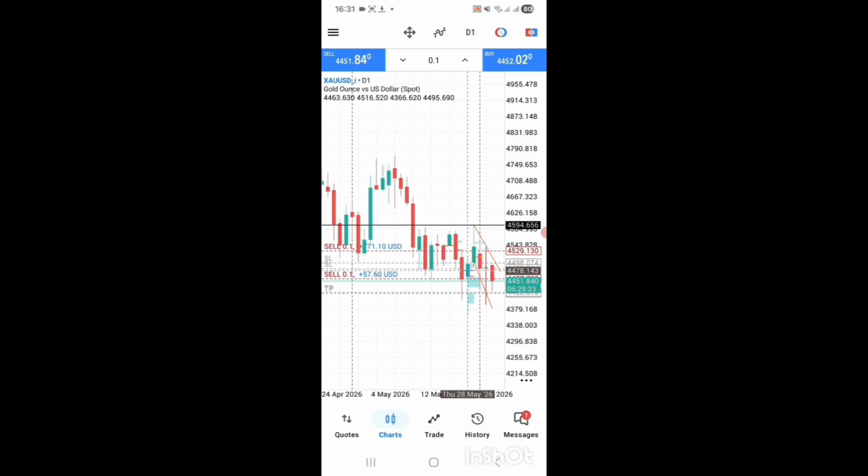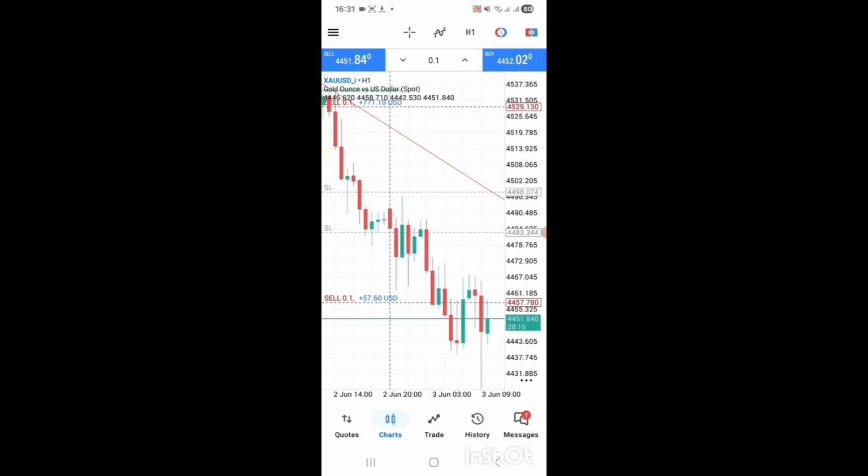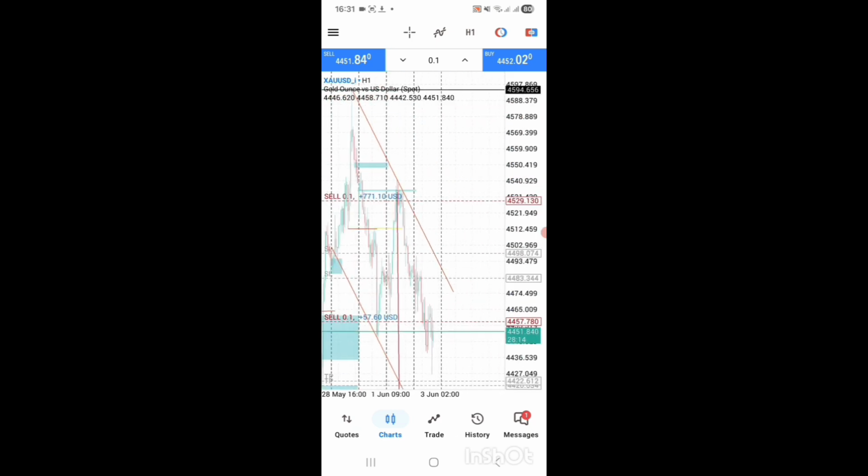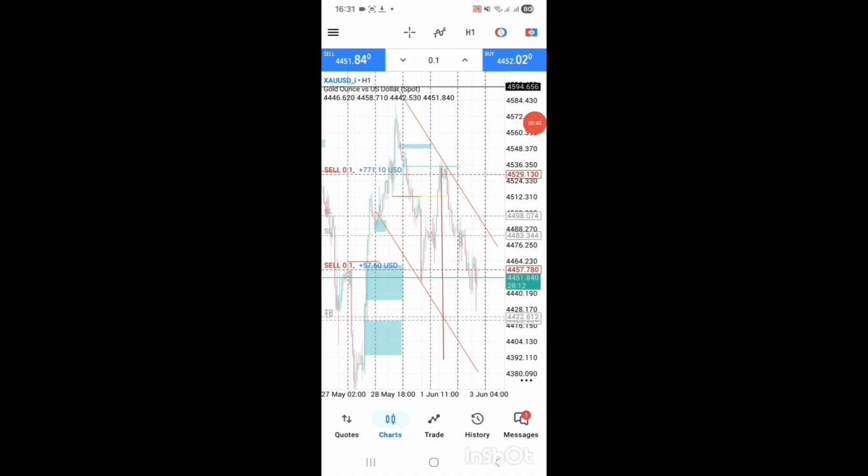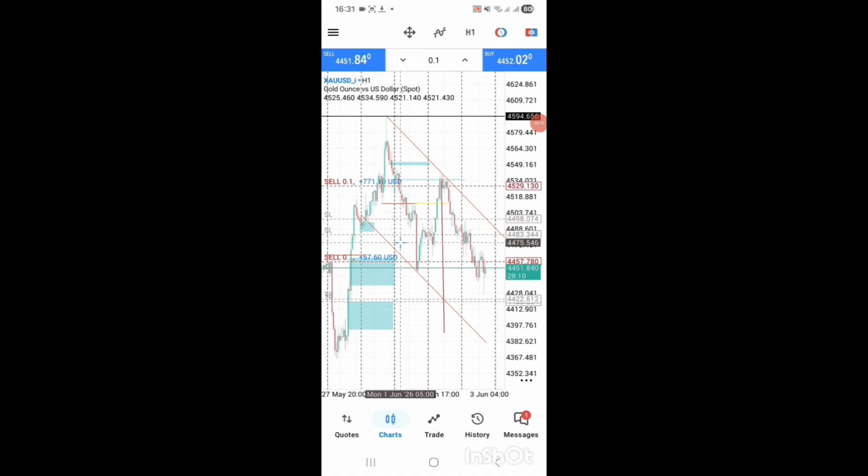So I waited for 2 full candles to close, and before this close, gold had already done this. So before that closed, gold has broken structure up. So I knew, okay, the low is there, structure is up, I follow. So I entered, I had a buy here, and then it went all the way up.